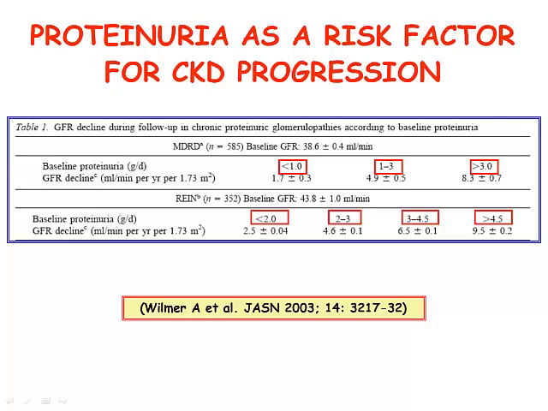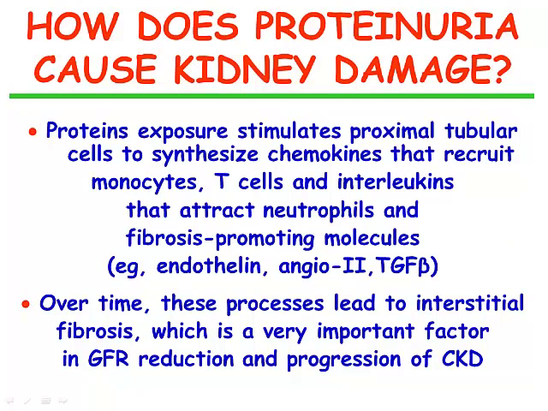You see here in the MDRD study, different degrees of proteinuria are associated with different degrees of GFR decrease per year, which has been demonstrated also in this study published in 1997. How does proteinuria cause kidney damage? Protein exposure stimulates proximal tubular cells to synthesize chemokines and recruit monocytes, T cells, and interleukins that attract neutrophils and fibrosis-promoting molecules. Over time, these processes lead to interstitial fibrosis, which is a very important factor in GFR reduction and